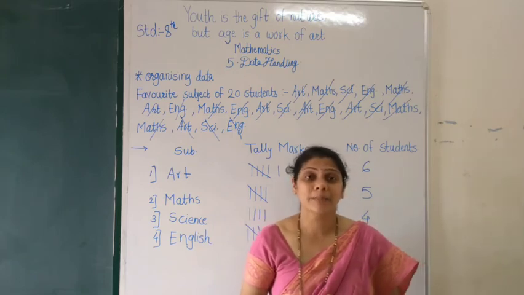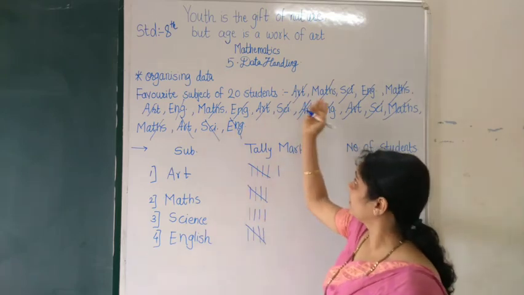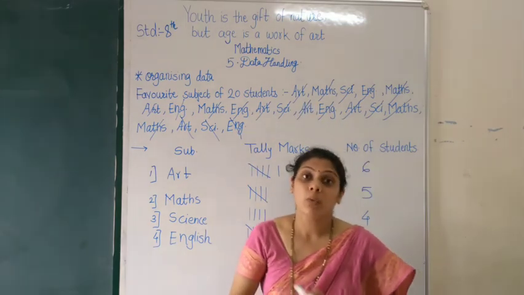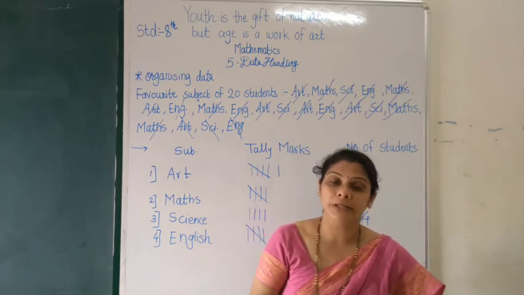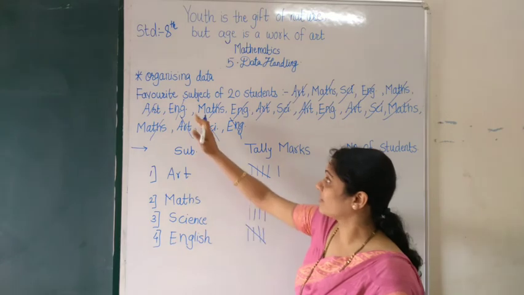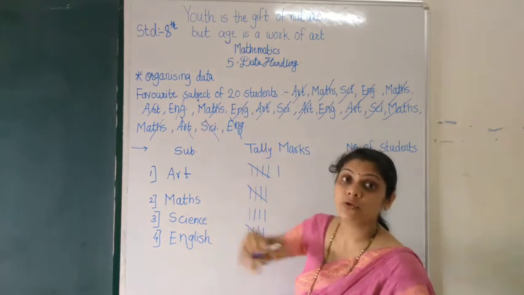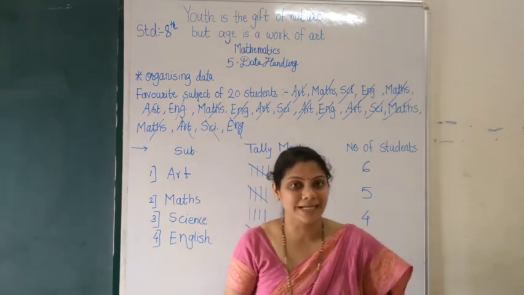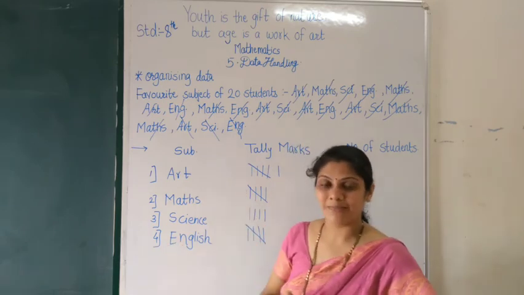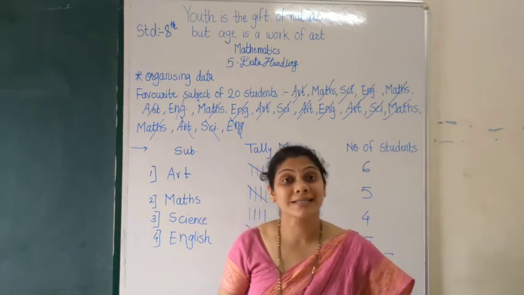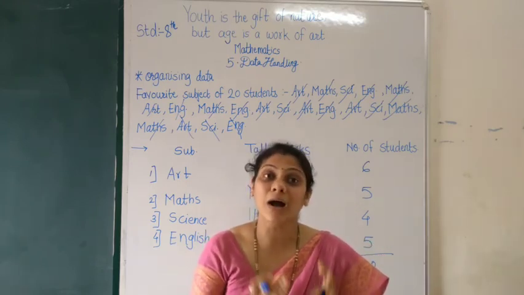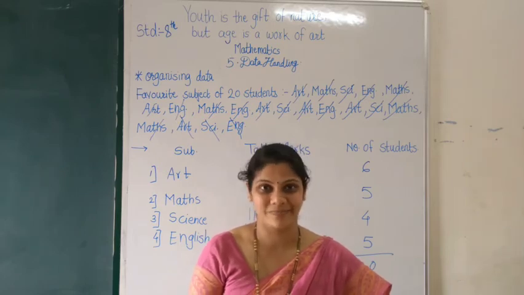Now you will tell me, the given information here is in the form of names or words. What will we have to do if there are numbers? If numbers are there in the data, then we have to group that data. As we organized data with the help of tally marks, now we will organize data in a grouping way. So we will start to study how to group the data.